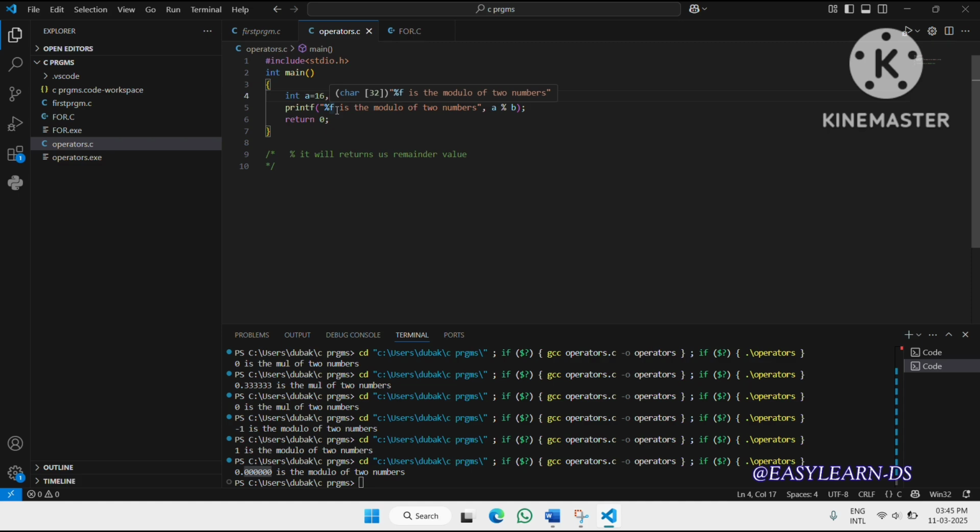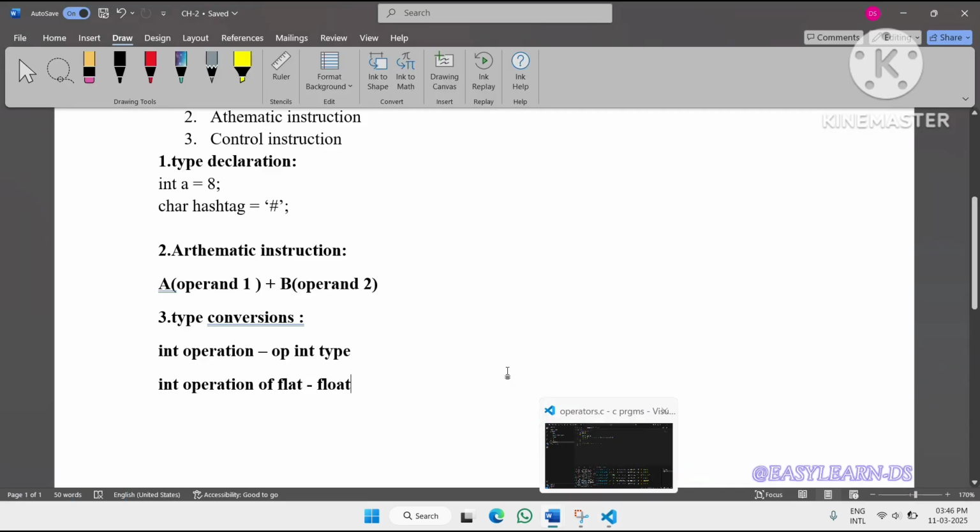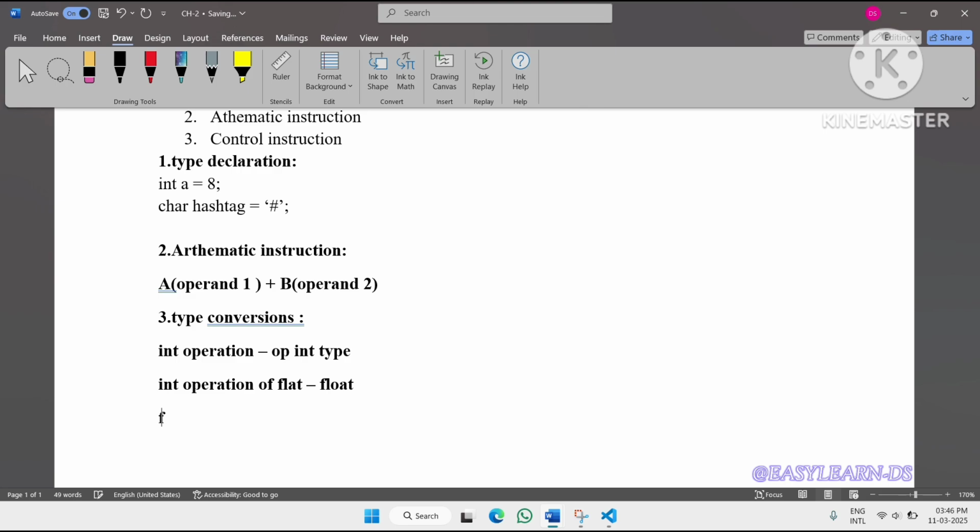Then while printing we used percentage f. Percentage f means a float variable which stores 4 bytes of memory, right? A float variable also considers the decimal values. So the modular division will give us remainder 0. Here what it is giving is 0.00, including the point values also it is printing. And the next one is while taking float type float operation